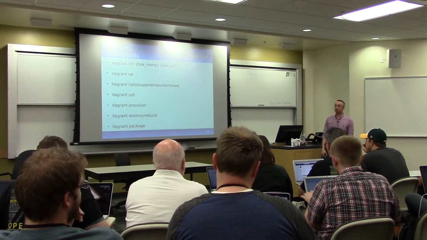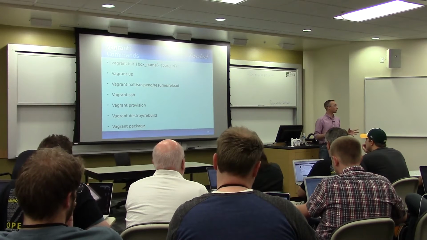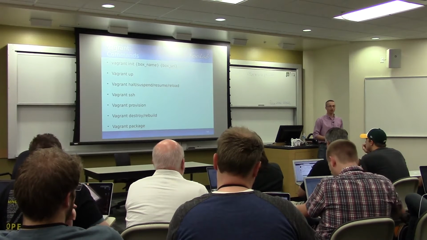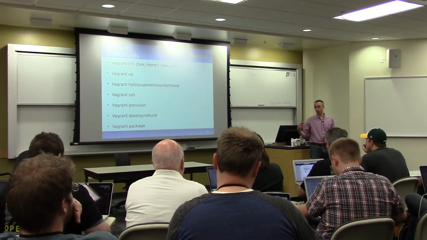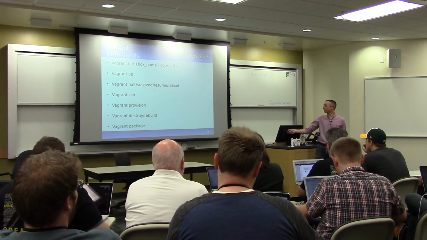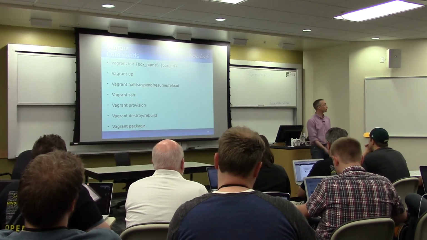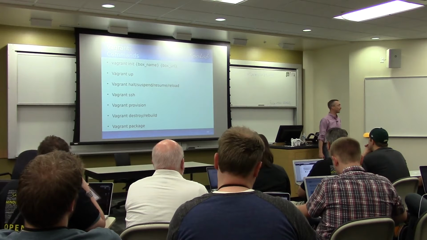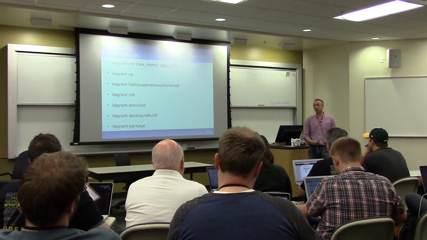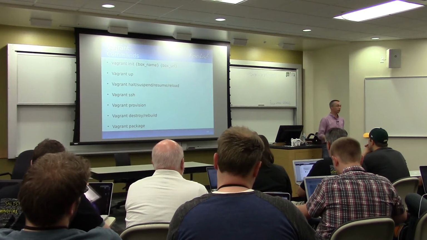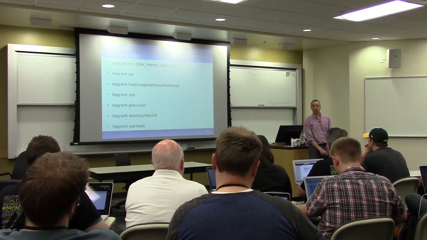And then Vagrant provision. Like I said, it pretty much takes all your Puppet manifests and tells Puppet to execute them. Vagrant destroy, Vagrant rebuild. Destroy deletes the virtual machine. Everything is gone. So if you made changes, bye-bye. Rebuild, basically, does a destroy and then an up. So just one command.